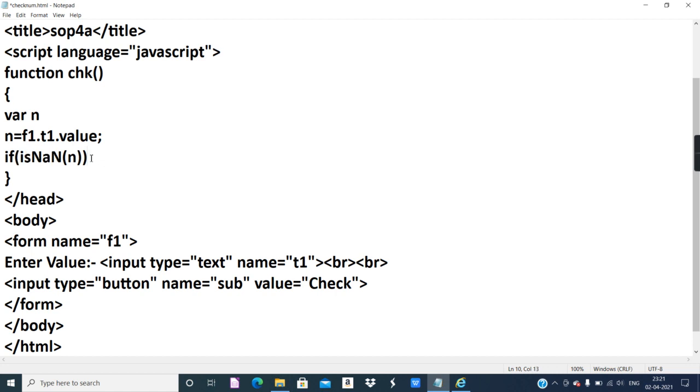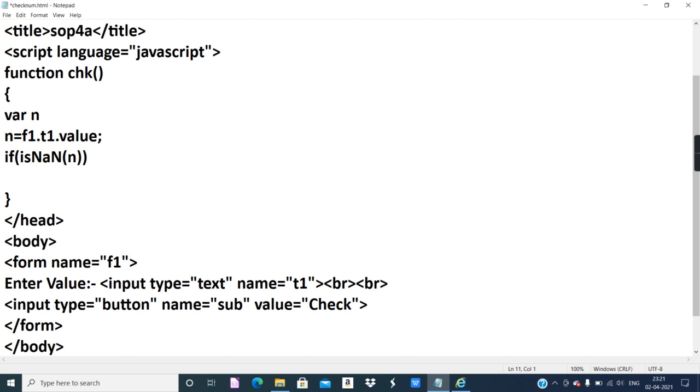If it is not a number, our true part should be that the input is not a number. If the user has entered a number, that means this should be false because it is a number. So if the user has entered a number, that will be the false part. You will understand once we start execution. So the true part will be